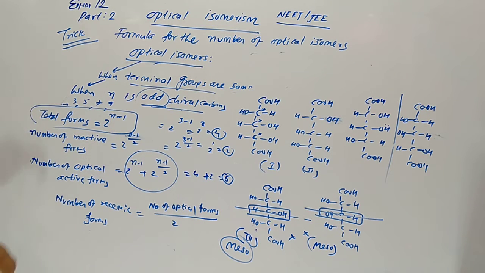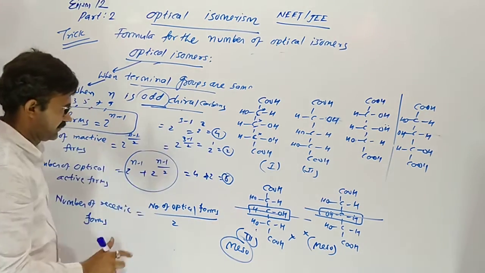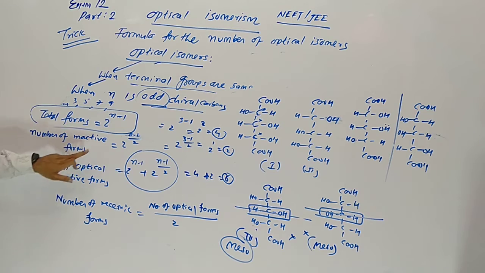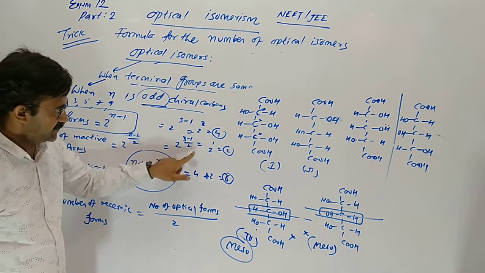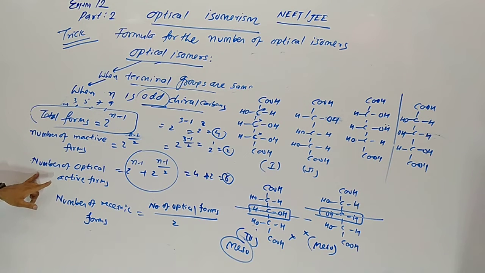Total forms 2 raised to n minus 1. So 3 minus 2 means 2, 4. Number of inactive, non-active: 3 minus 1 means 2, 2 by 2 means 1, 2 raised to 1, these two are meso. Understood? Number of optical actives,